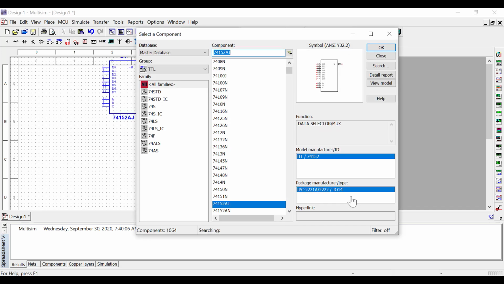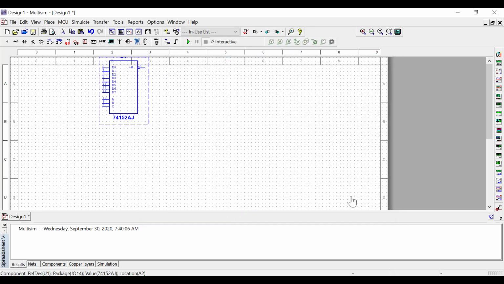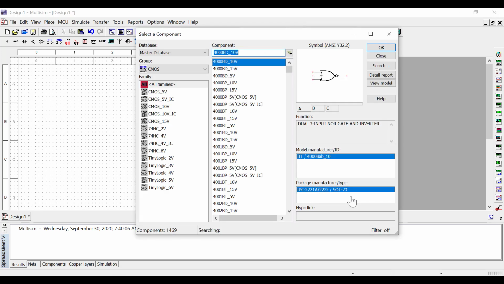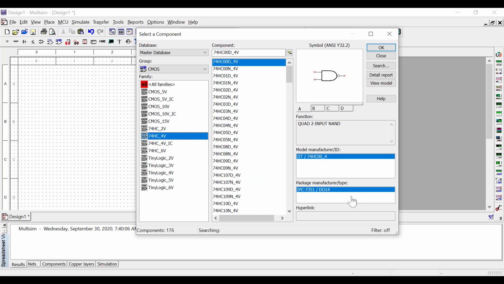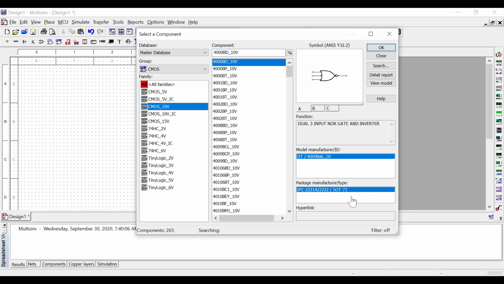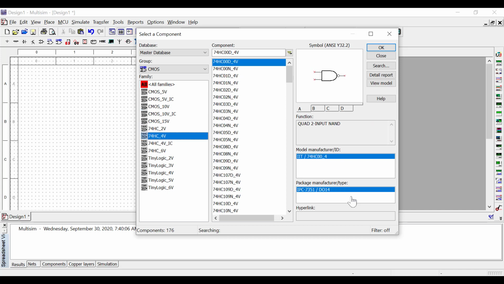Sorry, it's selected. So we just, similarly you have a CMOS. This is also the CMOS family of ICs. You can also see here your CMOS 74 series, 74 HC series, CMOS 15 volts, CMOS 10 volts, different versions of ICs. In 74 also you can see the same thing. 7400 will be a quad 2 input NAND gate, 7404 will be an inverter, and 7408 will be an AND gate. Okay, so this is a CMOS based IC.